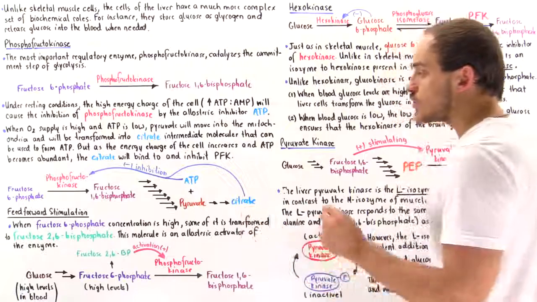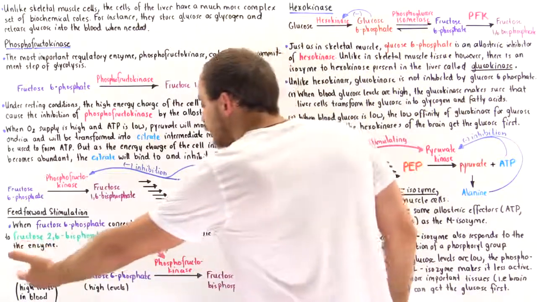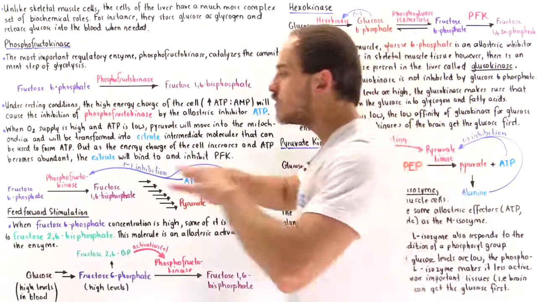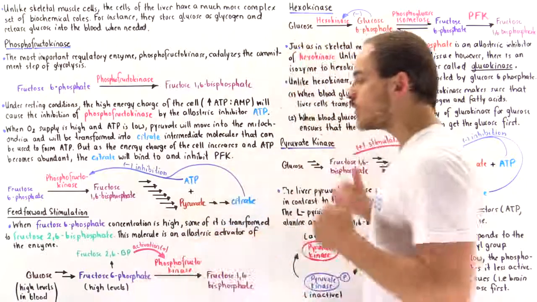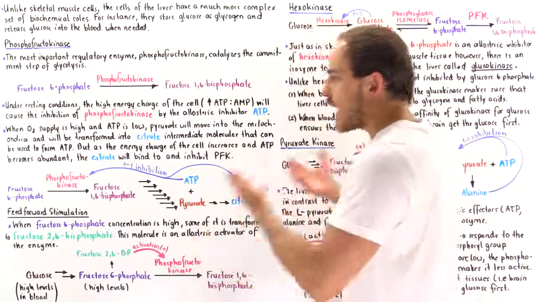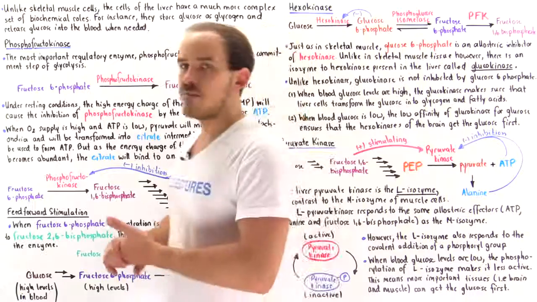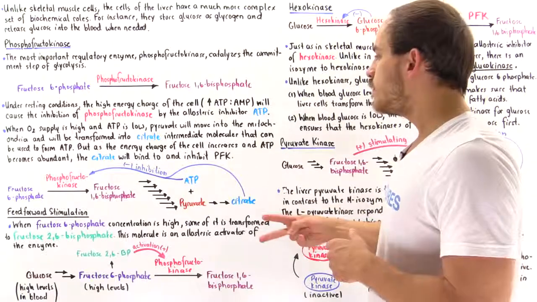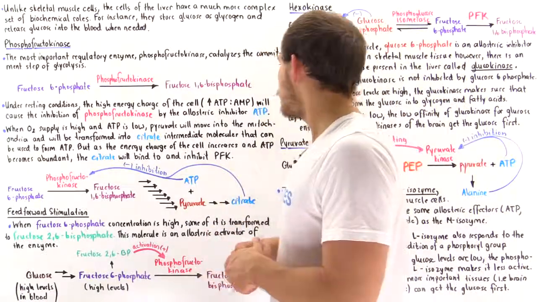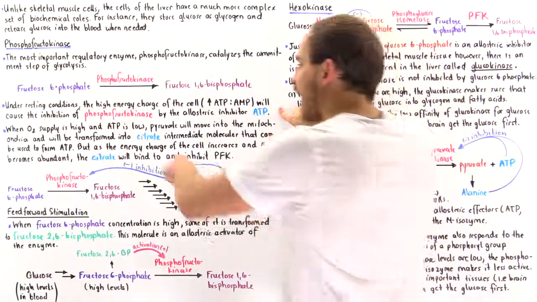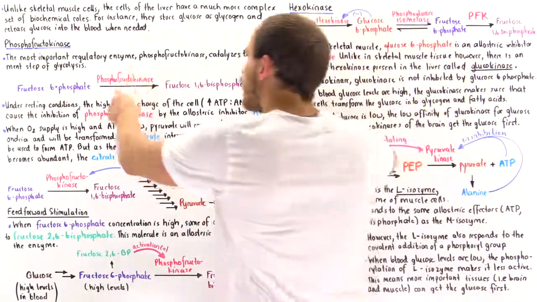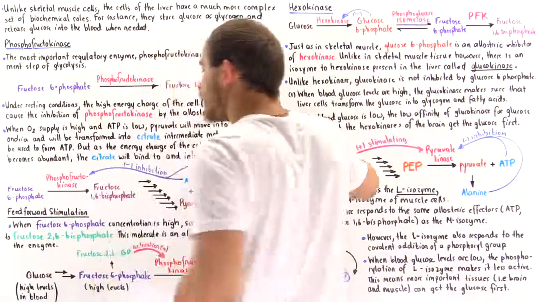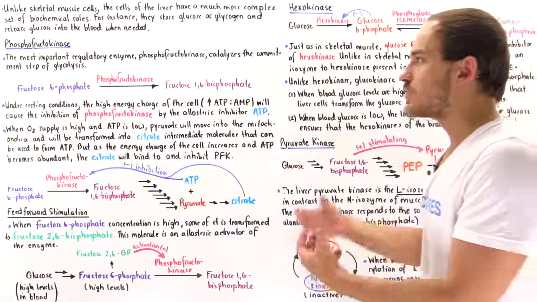And what it allows the cells to do is take up the glucose molecules from the blood, bring that glucose level back to normal, and essentially convert those glucose molecules into either ATP molecules or other types of molecules. So we ultimately see there are two types of inhibitors and two types of activators. So we have ATP molecules and citrate molecules that inhibit the phosphofructokinase. But the AMP molecules and the fructose 2,6-bisphosphate are actually activators of the